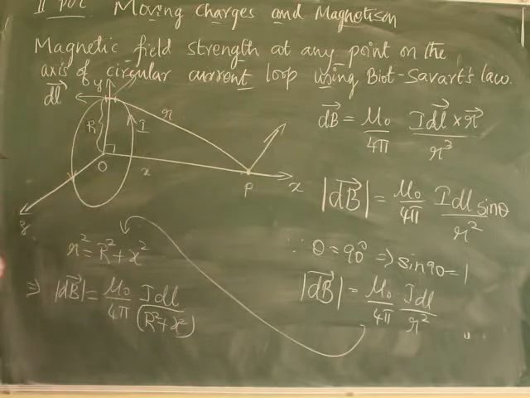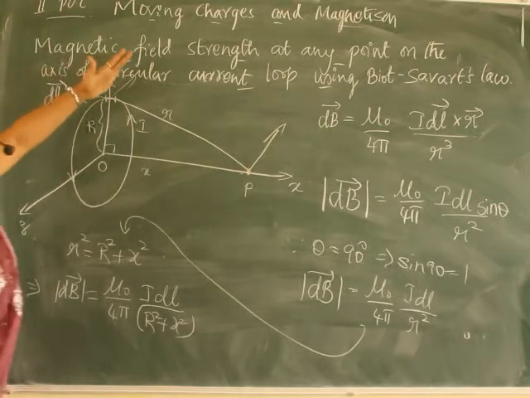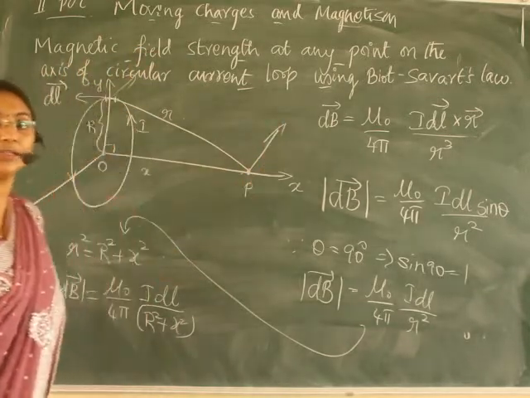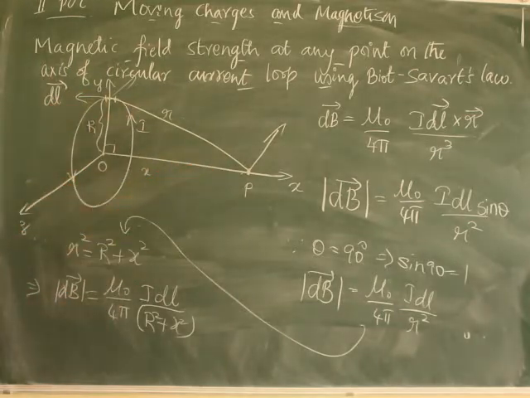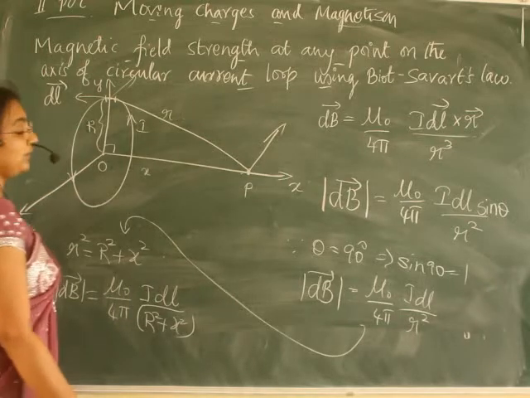I'll get the magnetic field in this direction. The same thing I'm going to draw it here, correct? I can shift it here. So therefore, let that angle be alpha, correct? Let this angle be alpha. Then,